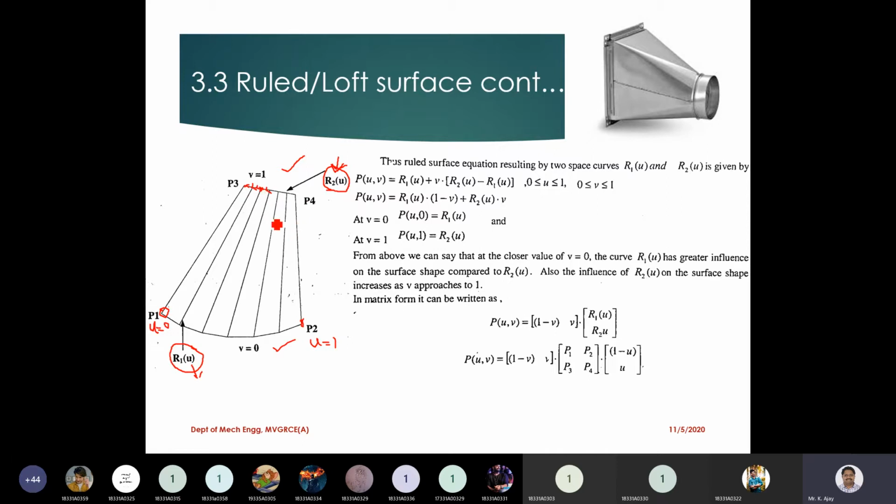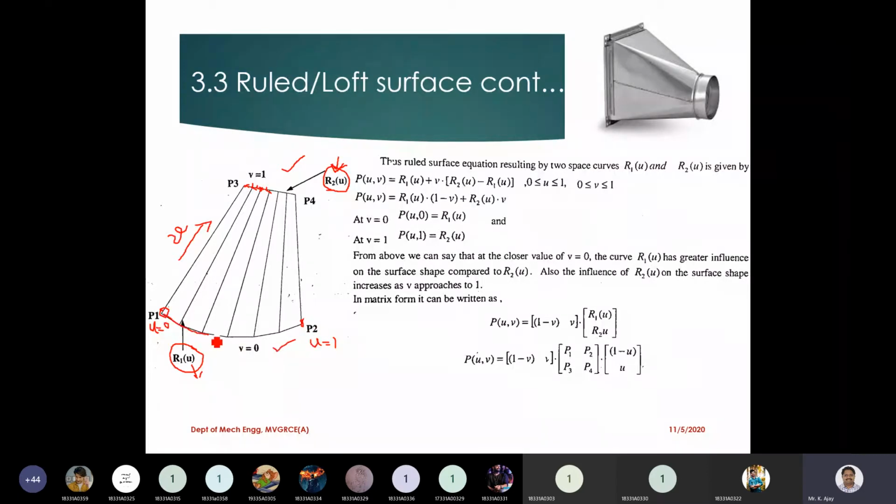Now these two curves I am trying to combine. I am trying to create so many points in between, which will ultimately become a surface. All the points together will become a surface. In order to join these two, I need to follow a totally different direction. This curve I need to sweep towards the P4 minus P3 curve. So here I need to use a new parameter entirely. That's the reason I am going to use a new parameter called V, where V is varying from 0 throughout this P2 minus P1 curve.